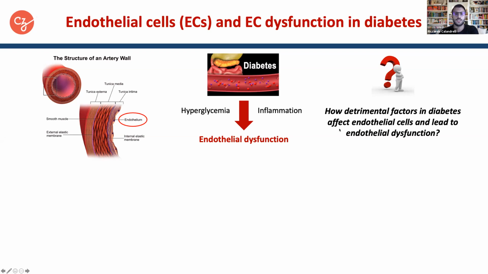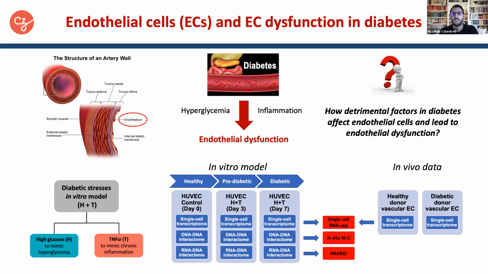In order to answer this question, we established an in vitro system using HUVEC to mimic the temporal progression from healthy to diabetic state by generating 3 samples at different time points or disease stages. A healthy condition, also named day 0, our control with untreated cells, a pre-diabetic condition where cells were treated with high glucose and TNF-alpha for 3 days, and finally a diabetic condition where cells were subjected to the same treatment